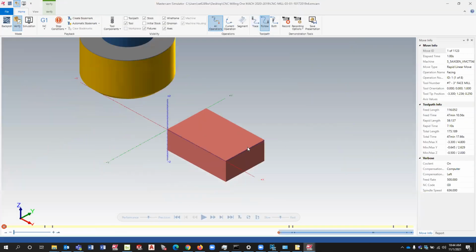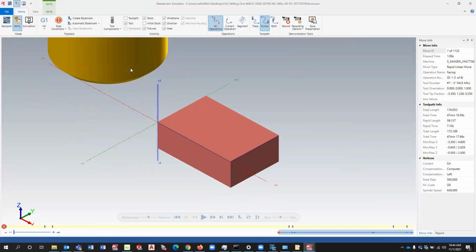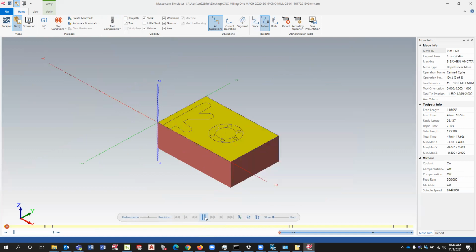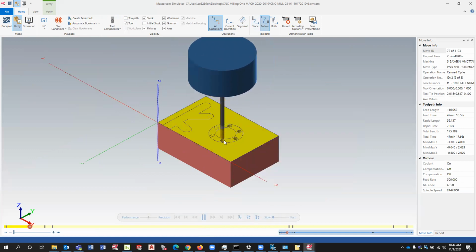And then I'll full size it and kind of organize it so that I can see things a little bit better. You can also add your tool path or your initial stock in there. You can do a bunch of other interesting things, but I'm going to slow this down quite a bit so we can watch the process. So I do a facing operation, some peck drilling,